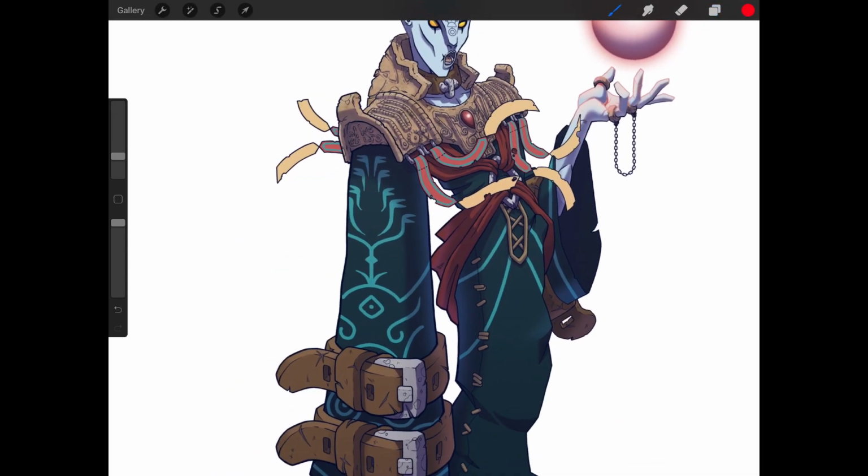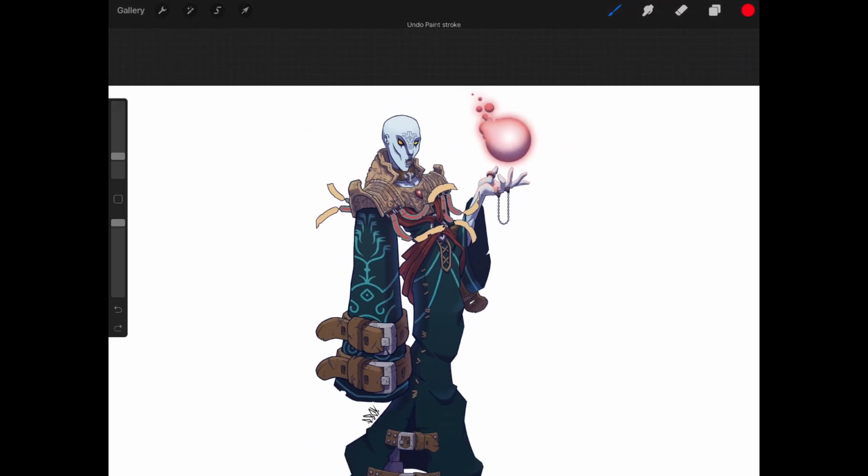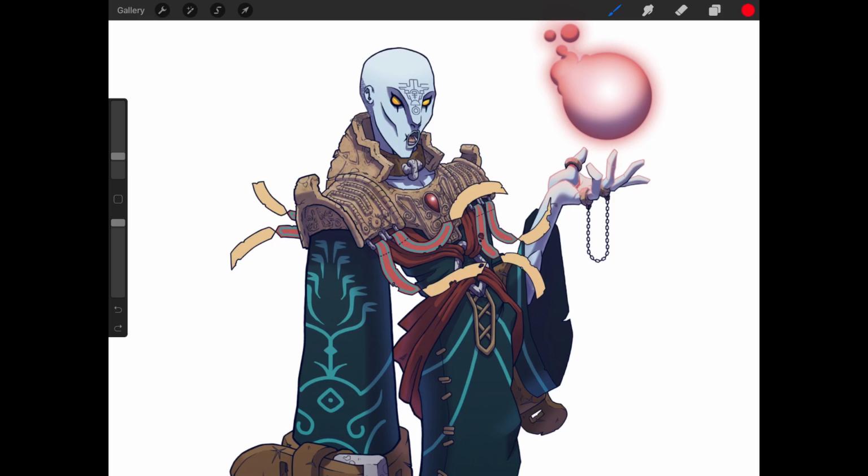So if we come back here and we look at this right here, if his light source is coming from here, that shadow would be wrong. If it's coming generally from here, that shadow would be wrong. If it's coming from this side, the shadow is correct. But then we have some issues with why there isn't a shadow on this side of the body. So I think really here it's just about lighting consistency and making sure that that is on your mind the